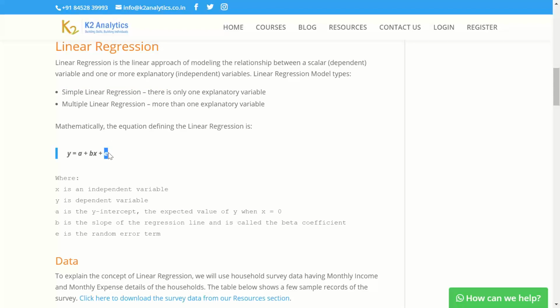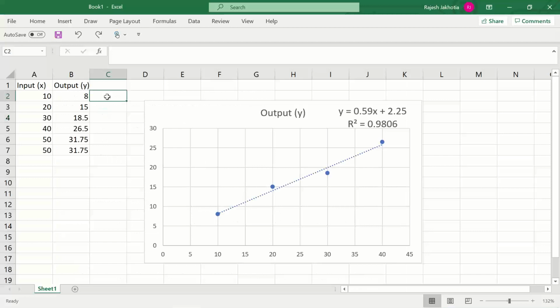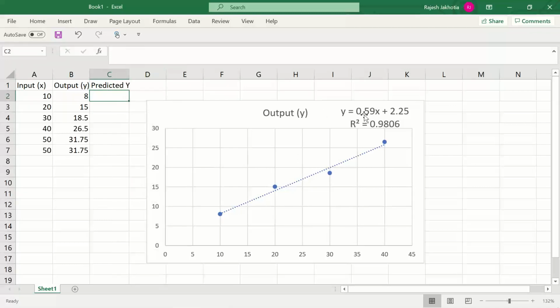Once I give you the intercept and the slope, if you make a prediction, for example, here I now compute the predicted y. If I compute the predicted y based on this equation of 0.59x plus 2.25, what should be the value for x equal to 10? It should be 0.59 times x plus the constant 2.25.